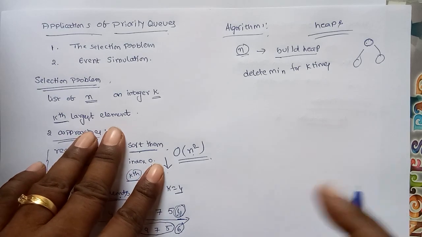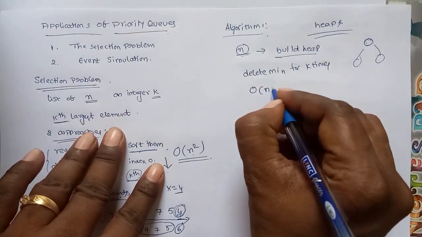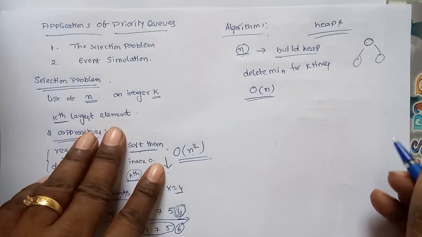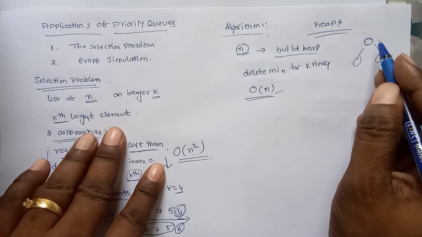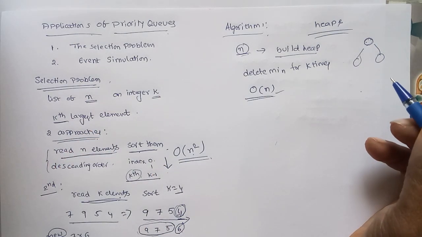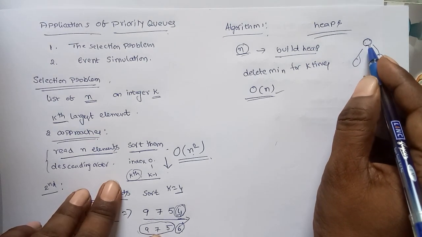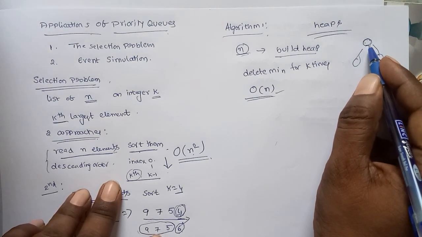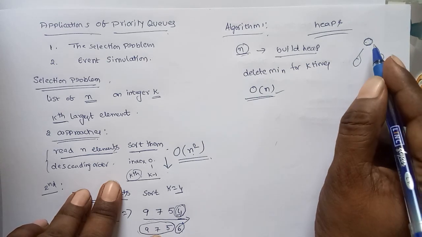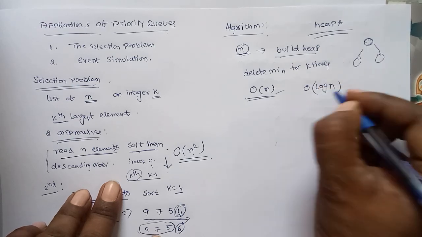So now calculate the time complexity. If you have n elements, the worst case complexity for constructing the heap from all n elements is big O of n. Big O of n is for construction of the heap. Then what are we doing after construction of the heap? We have to delete an element. Whenever deleting an element, that element is replaced with the last element. The time complexity is big O of log n.